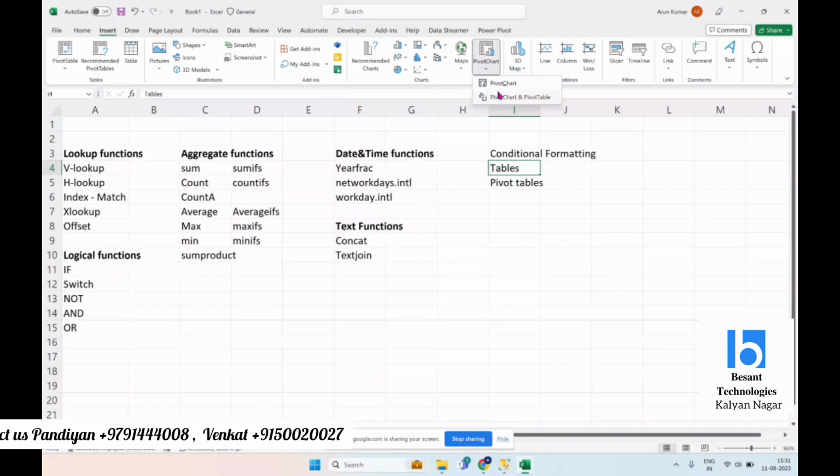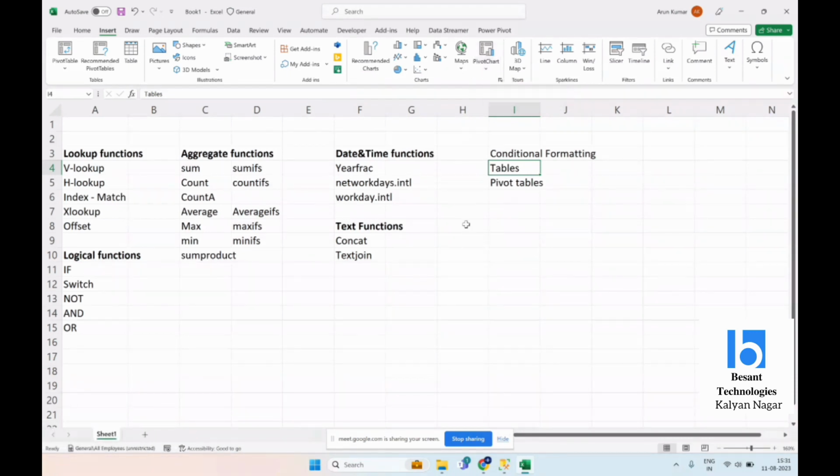We can insert a pivot table and then we can do the pivot chart. Most of the times we'll be using this pivot chart option, not from here but through the pivot table, but both are the same thing. Then after this they will ask about